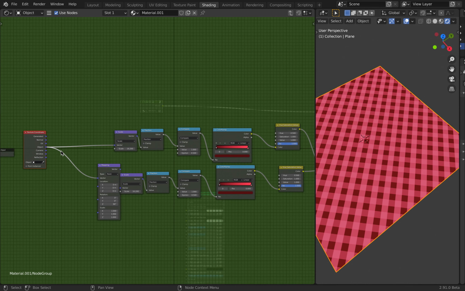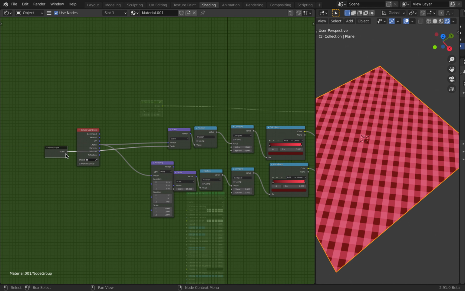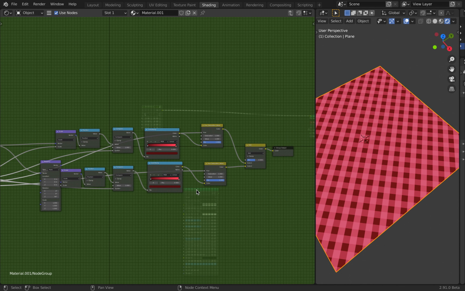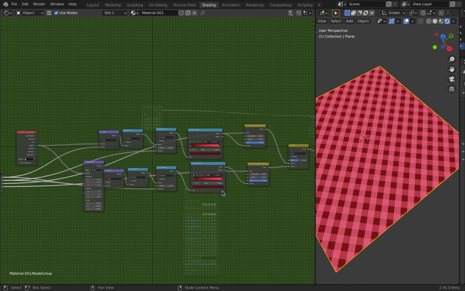Now we have to control the scale. If you want, you could use different scale inputs, but I'll be using the same scale inputs. It's easier. And then I need the epsilon value. The epsilon value decides how thick each square or each box inside the pattern is. So I'm just going to use the same nodes for each of those, and the next two are for the hue nodes, or the hue saturation nodes. This one I'll be leaving as separate because I want independent control over each of those. That's what I meant.